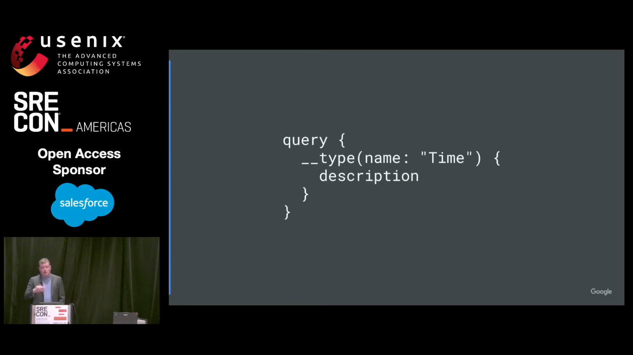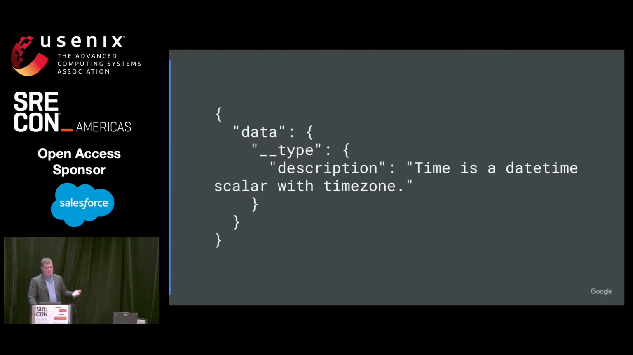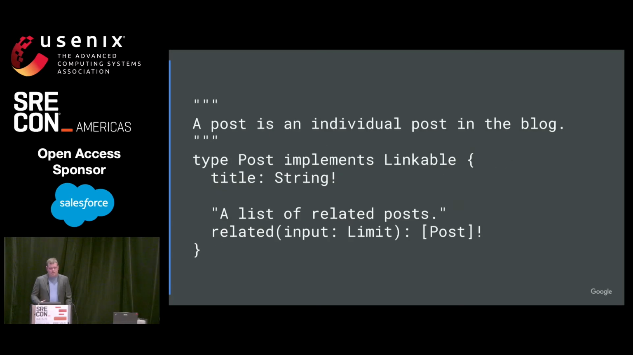Here is one of those 2 types of queries. Basically it's underbar type or underbar schema. Type is for looking up types. Schema is for looking up schemas. And here I'm just saying for the type time, I want to know the description. And I send this to the GraphQL server, and it responds with the string that we defined a few slides back, which is great. So now anyone who's working with your API can send queries and ask, hey, what is this thing? If we added some documentation to that post previously, we can document individual fields as well